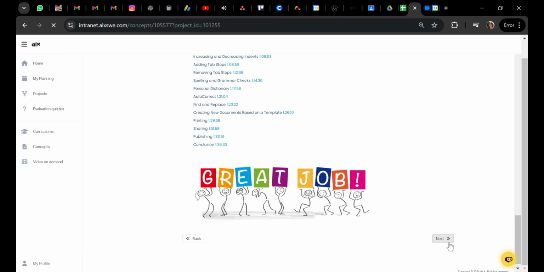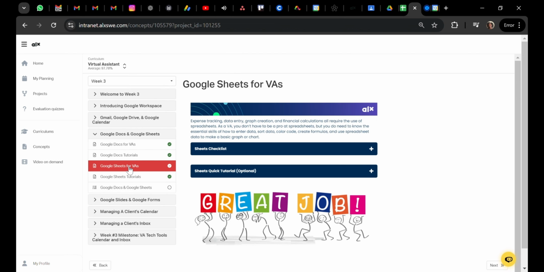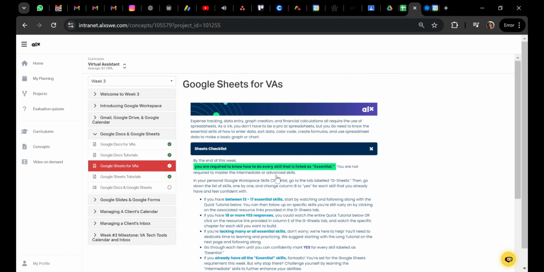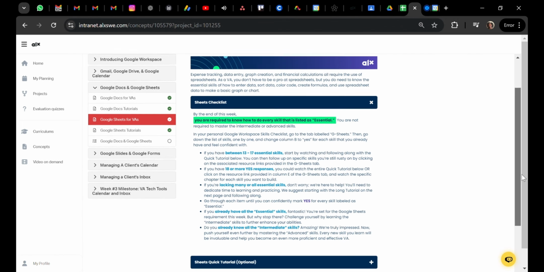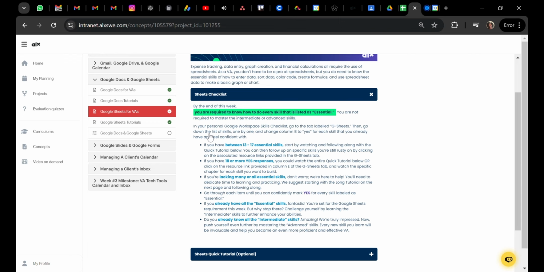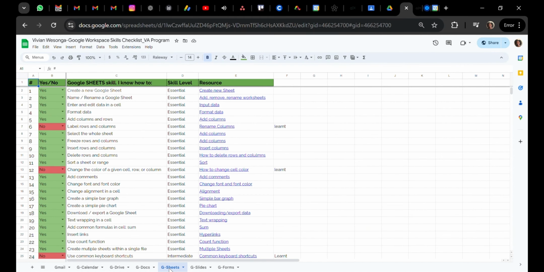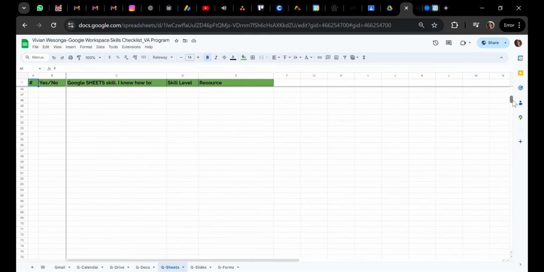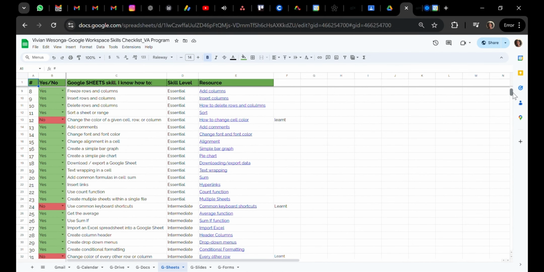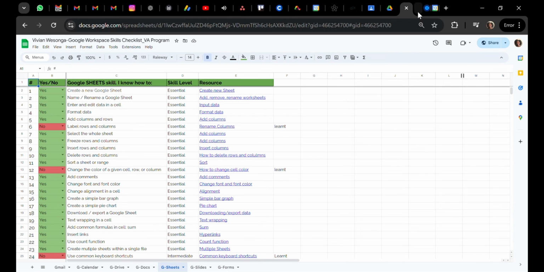In this section, now we are working with Google Sheets. The other one was Google Docs. This is Google Sheets. We are going to do the same process. We are going to go to our checklist and check what you are skilled in and what you're not skilled in. In my checklist under Sheets, you can see I've indicated, actually, this had the most skills. Google Sheets is very detailed, so you can see it's like 70 to 30%. So that's what I selected.